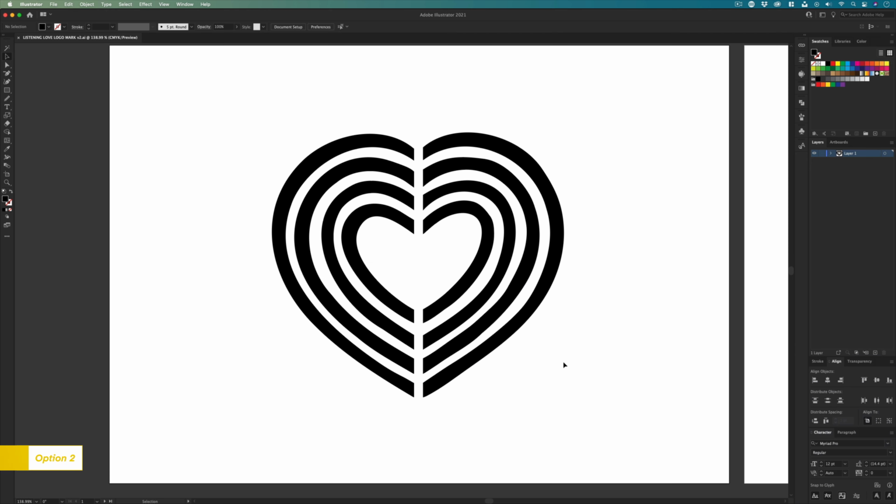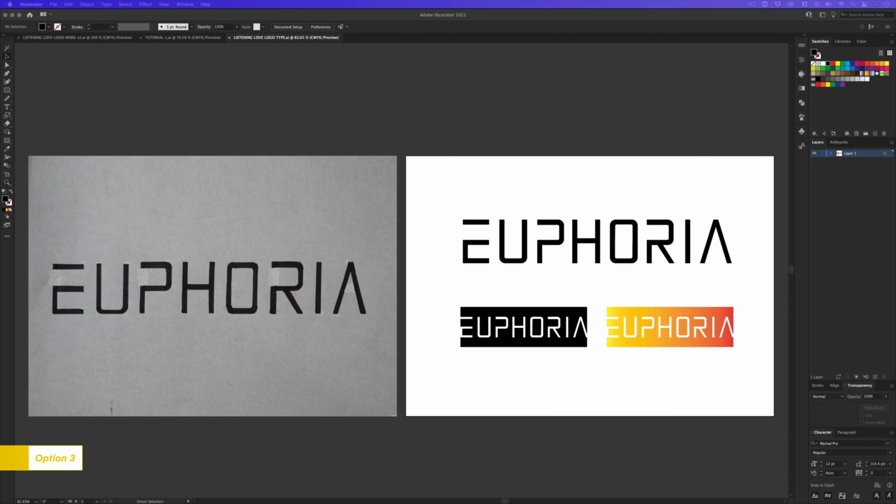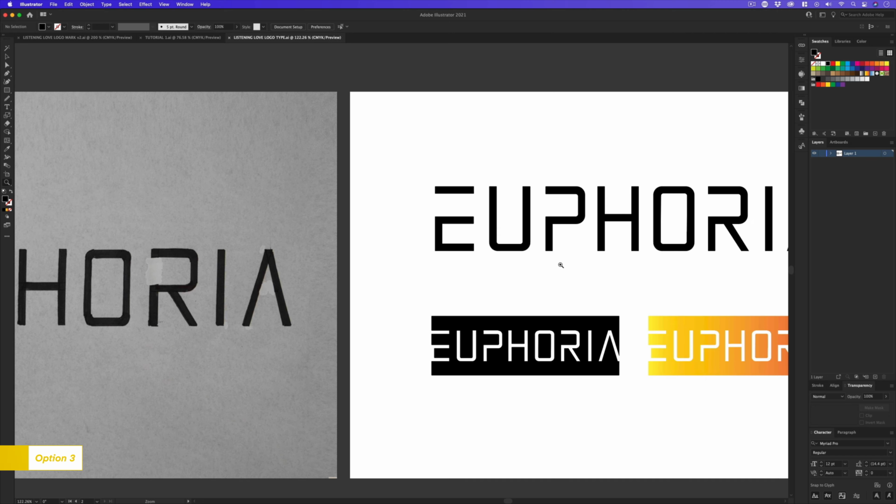If this is the case, another option you have is to trace using the pen tools. So here I am back in Illustrator, and here I have a photo image of the word mark part of the logo I prepared in a previous video. Now over on the right here, you can see some vector artwork which has been created by tracing the photo